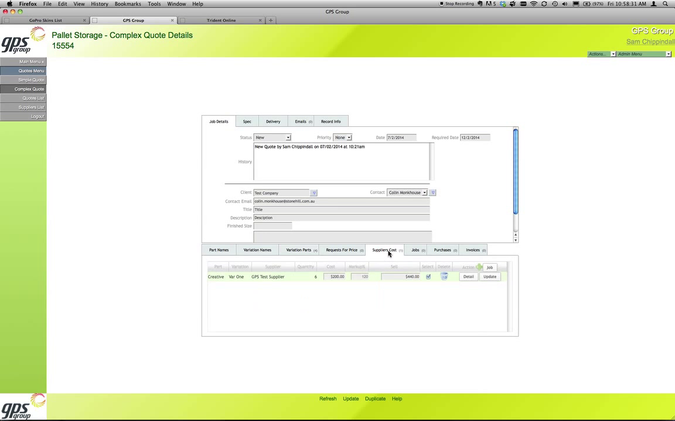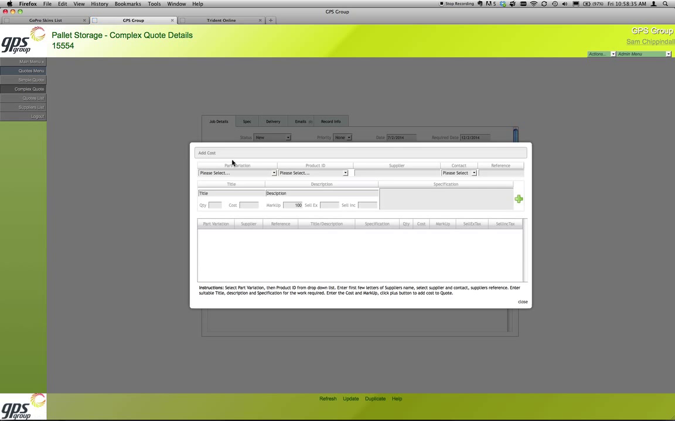Now when I go to supplier's costs and I add a supplier's cost, what will happen is I go and select what part and variation I want to go and add, and you'll notice it says var1, photo shoot, and the spec, and the quantity comes in as being 6. If I pick the other variation, var2, most of those details will stay the same,